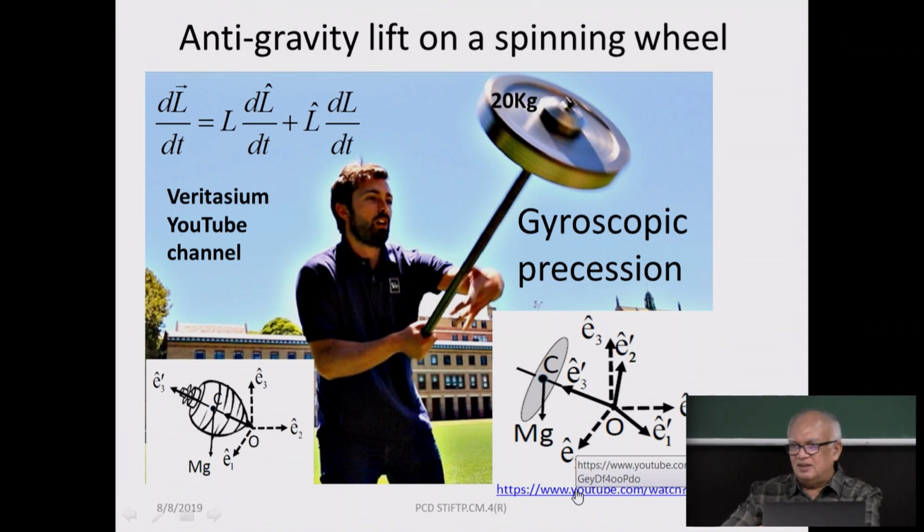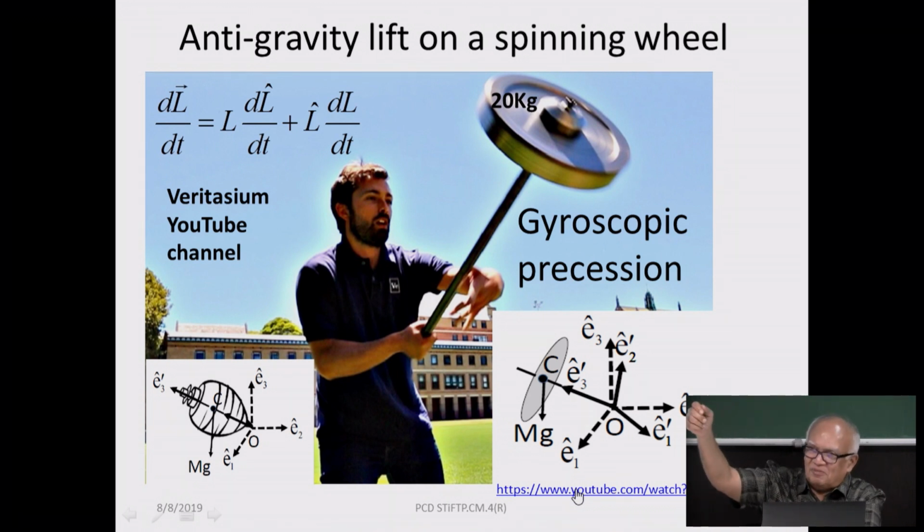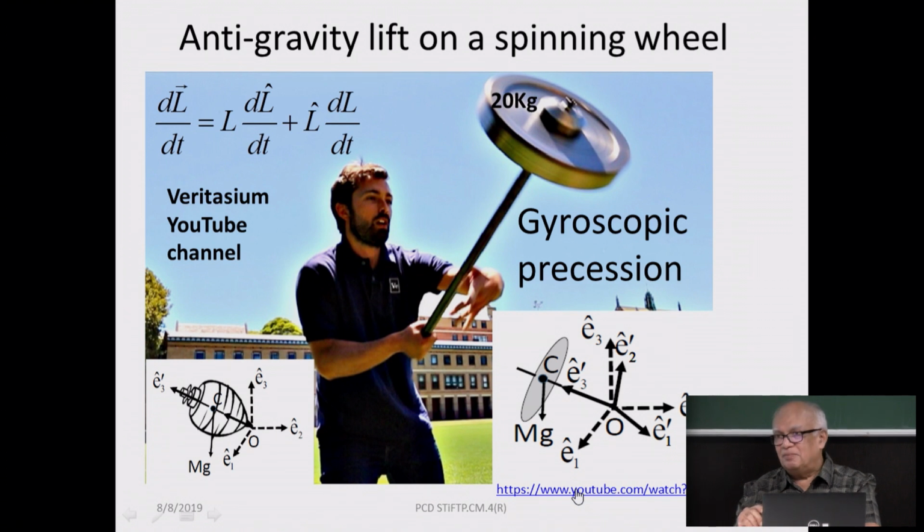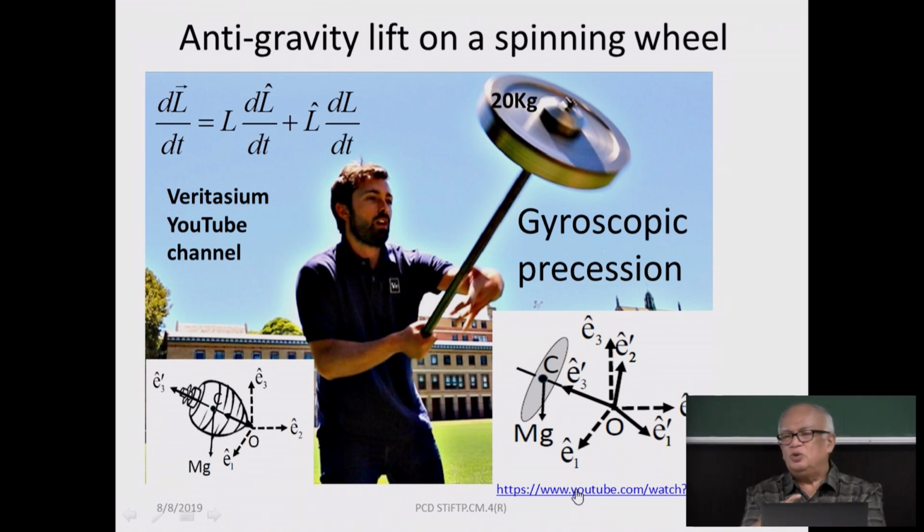When you travel typically with a 20 kilo suitcase, you don't lift it so easily, right? And here is a 20 kilo mass, it's a wheel, and he's holding it so easily. He won't be able to do it if the mass was not spinning. But when it is spinning, if you set it into rotation, and the YouTube video shows how his friend comes and imparts a spin on this wheel, and once that spin is imparted, then you can see that